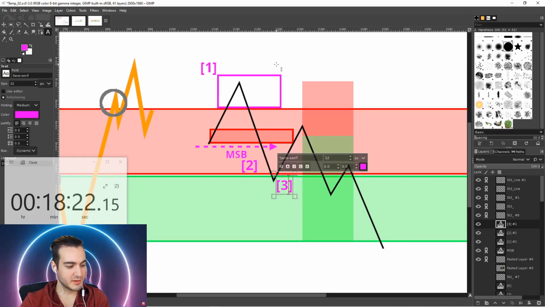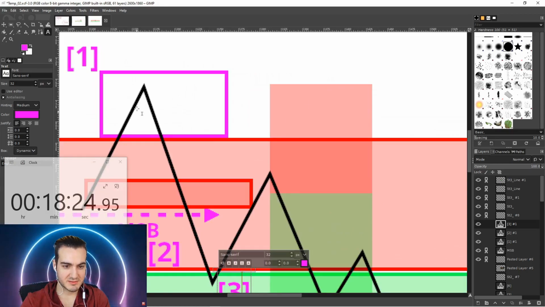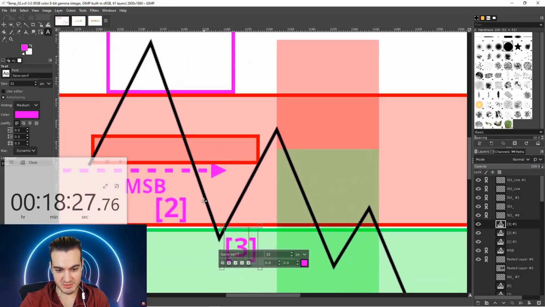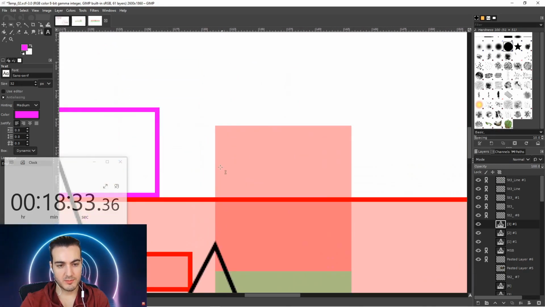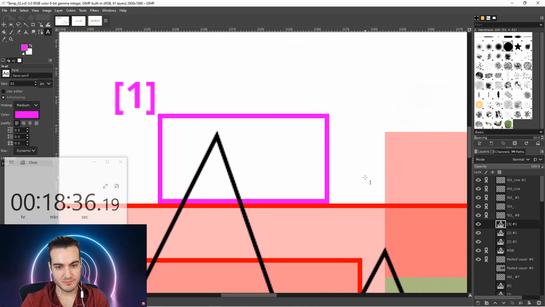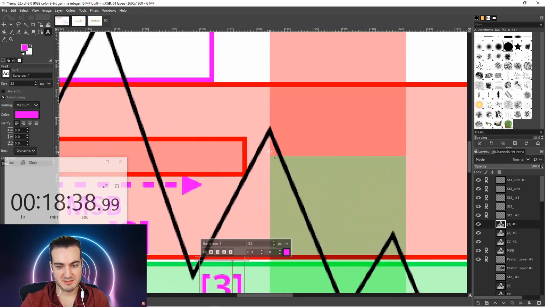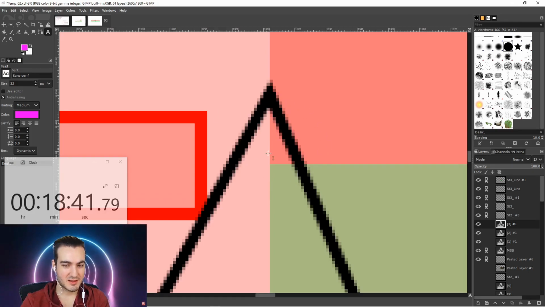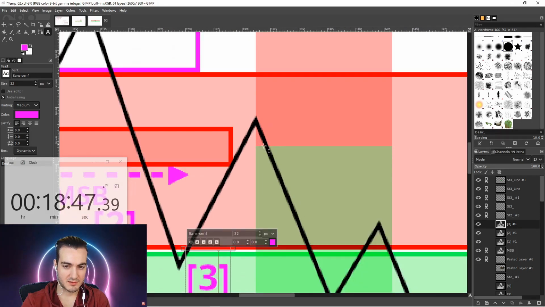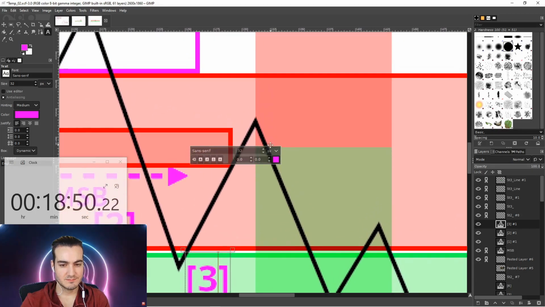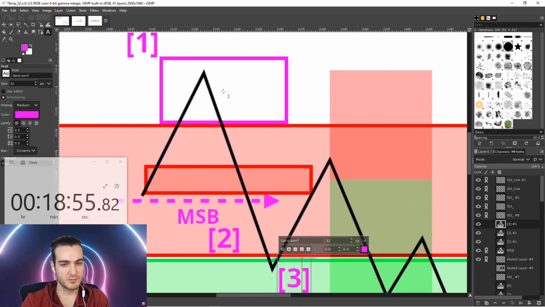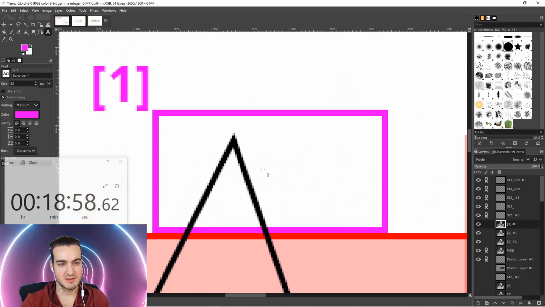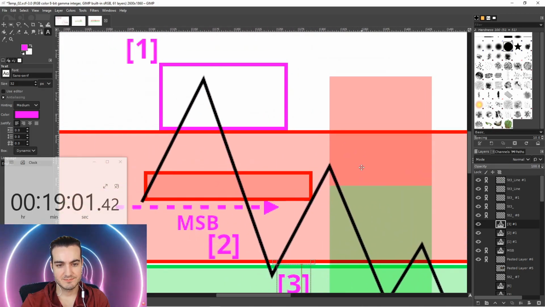Now, it wouldn't be completely unreasonable for price to return, especially if it touches the EQ line, all the way back to the top of the range. So that's why it's very important to look at the lowest time frame you can for something to confirm your entry. Even though price should be a little bit exhausted after making this deviation right here. So